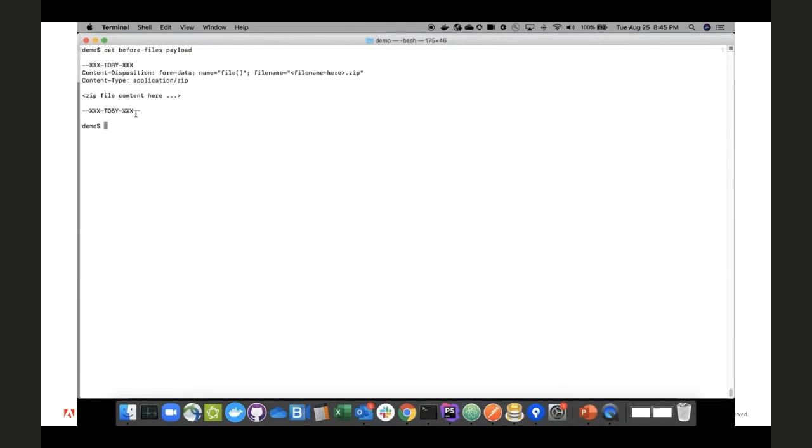For the payload for the file, this is just standard internet payload stuff for file uploads. You get to choose your own boundary marker. And whatever you choose for your boundary marker, you want to make sure that string does not appear in the file that you're actually uploading. So you always put 2 dashes, then whatever your string is, then you'll have